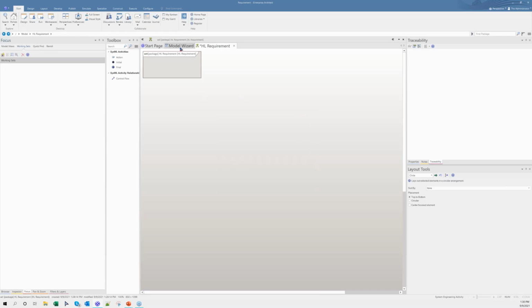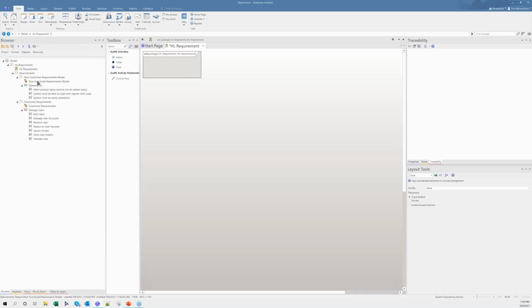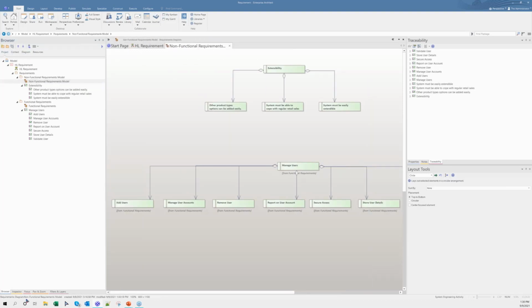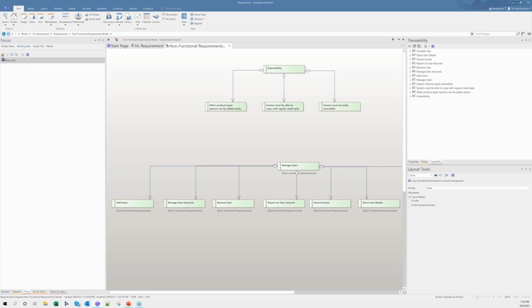Before creating a working set, let me have my diagram opened so that you can feel the difference. If I move to the focus menu and create a working set, let's say a requirement working set or requirement and activity or something.